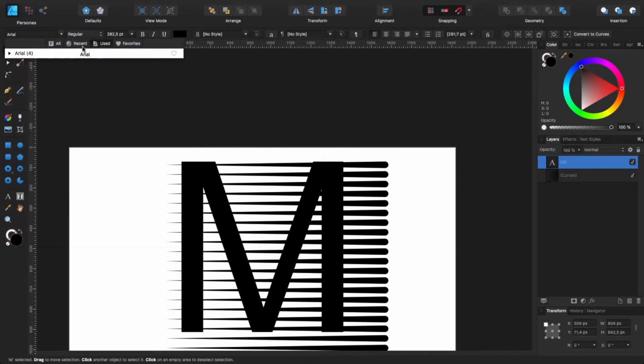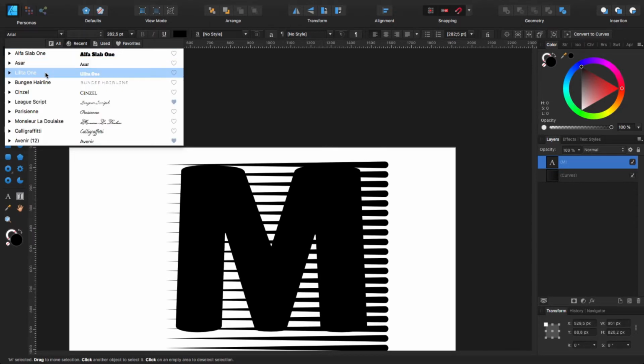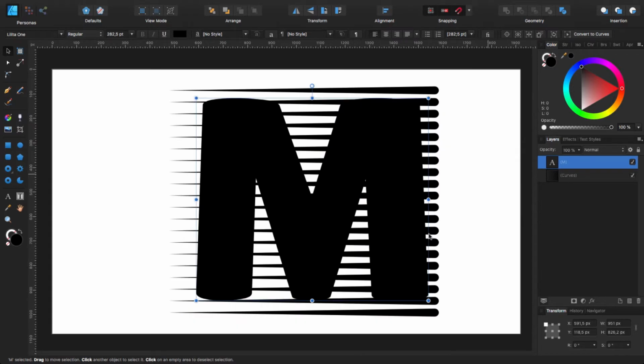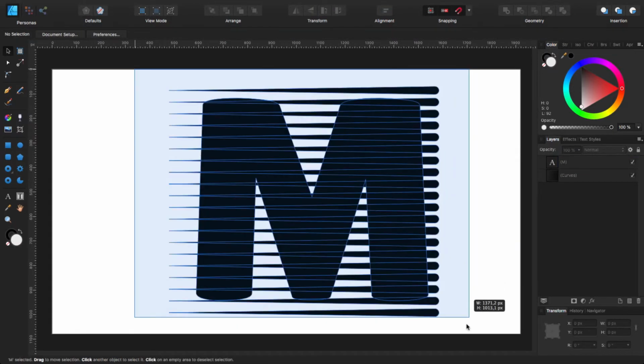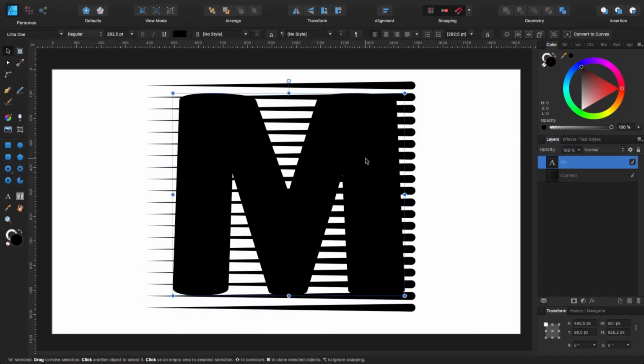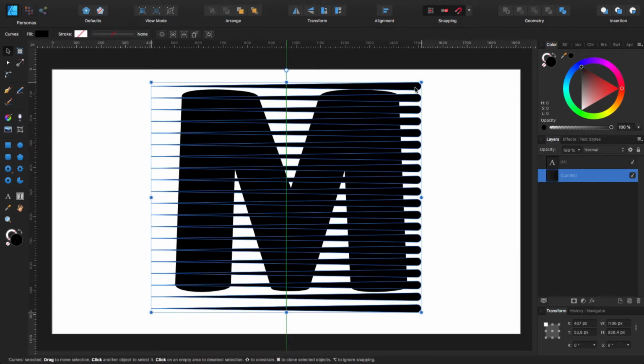And I'm going to choose something that is thicker. Obviously, this effect is going to look nice and good in something that is thicker. So I'm going to use Lilita One. I'm going to put it there. Let me bring everything to the middle. I'm going to select all these and bring it somewhere there. Will be fine. Perfect. Now I need to put all these lines into my